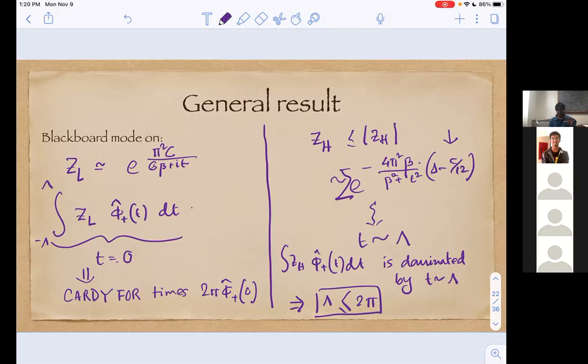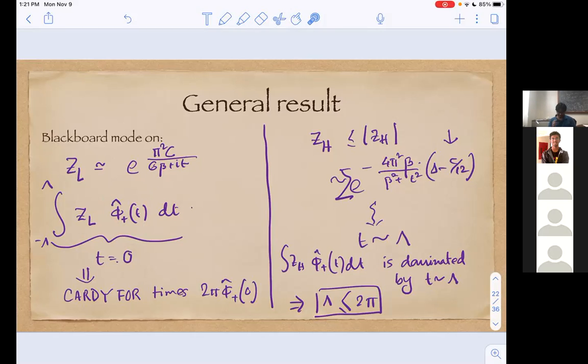Roughly speaking, you have light contributions and heavy contributions. The light contribution is dominated by t equals 0 and gives you a Cardy growth. The heavy contribution is controlled by the extremal point of this integral, which is t equals lambda, and then you get another growth, which is a function of capital lambda. Then you choose your capital lambda in a way so that the heavy states are suppressed, because this capital lambda is in your hand. It only depends on the support of this function phi plus minus tau plus minus t.